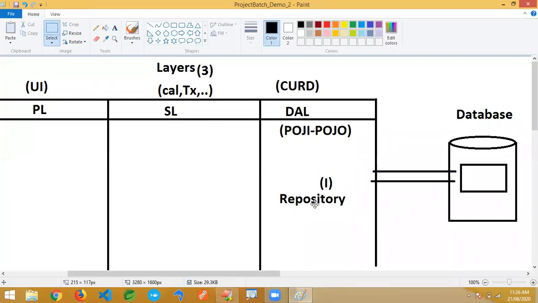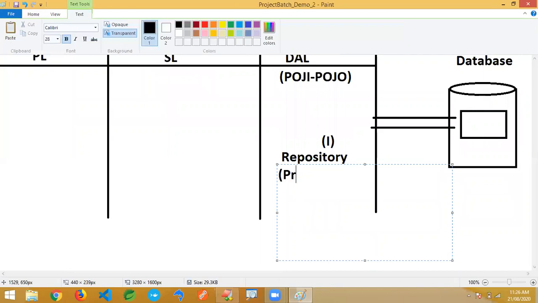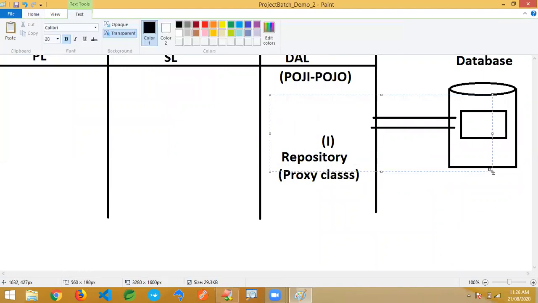We are never going to write an implementation class. For this, Spring Boot provides the implementation by using the proxy pattern. A proxy class is going to come. What you need to do is use another predefined interface, something like JPA repository or CRUD repository. You have to use JPA repository or CRUD repository.